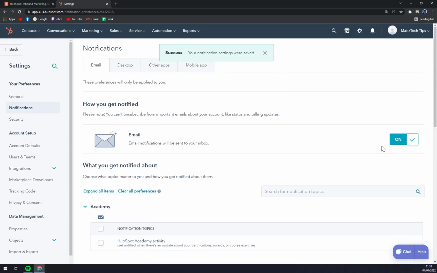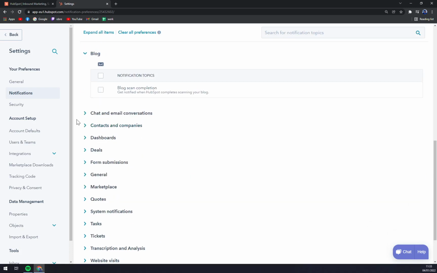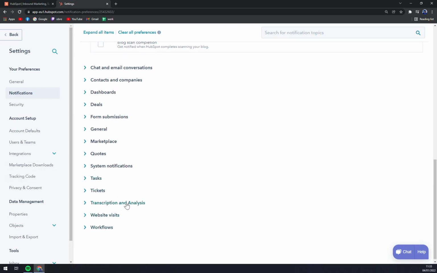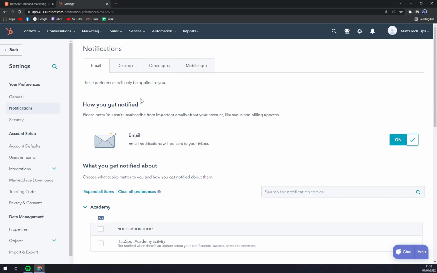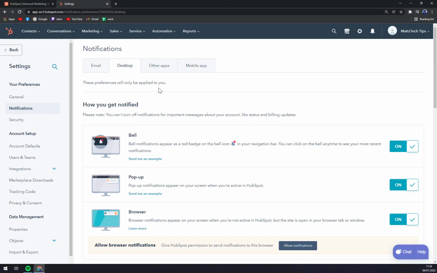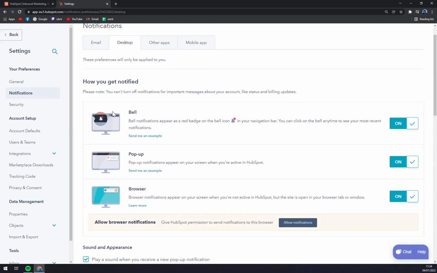Right now, you'll still get notified about your chat and email conversations, which is very important. Then deals, form submissions, tasks, and all the stuff that you are actually interested in, and you won't get ads. Then desktop, you can get notified on desktop by